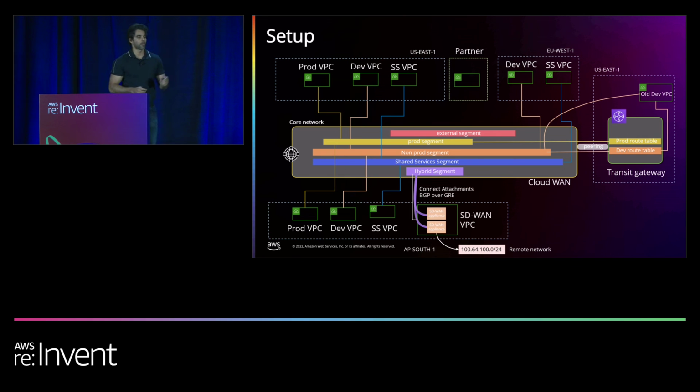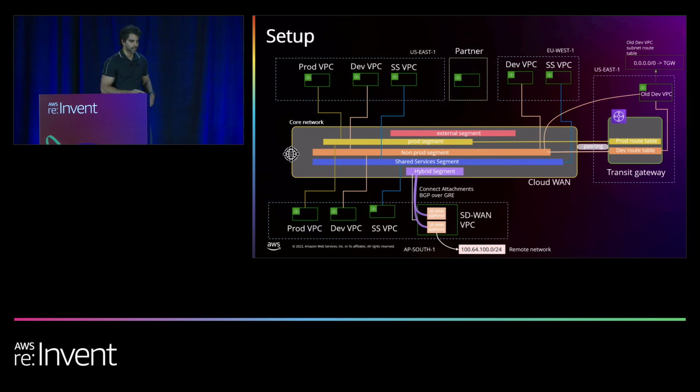So for that, step one, create an attachment from your old dev VPC to the Cloud WAN core network and associate it to the non-prod segment. Now, once you do that, there is asymmetric routing here. How? If you see the old dev VPC route table, it's still sending all traffic to Transit Gateway. So in these pings, the ping request goes via Transit Gateway. But the ping response actually goes directly from Cloud WAN through the attachment we'll create to the old dev VPC, right? So there's some kind of asymmetric routing happening here.